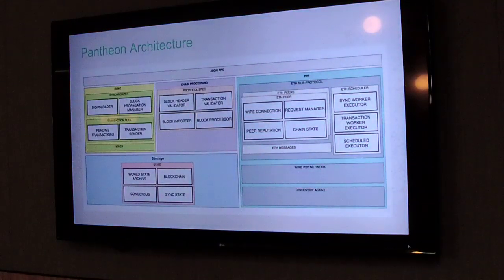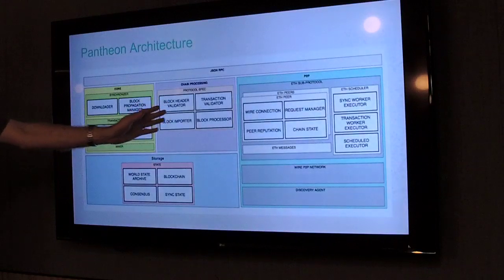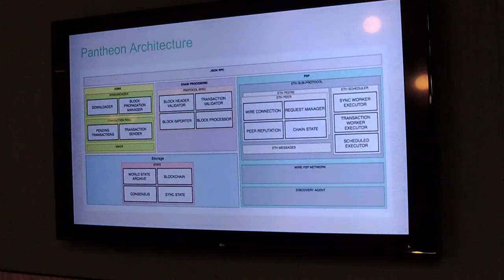So, the architecture, as promised. That is basically an Ethereum client. Few key parts there, and we're going to work on this from kind of the bottom up. So we're going to start by looking at storage and how things work at that low level. We come up through chain processing, which is how we make changes to that storage and a lot of the actual